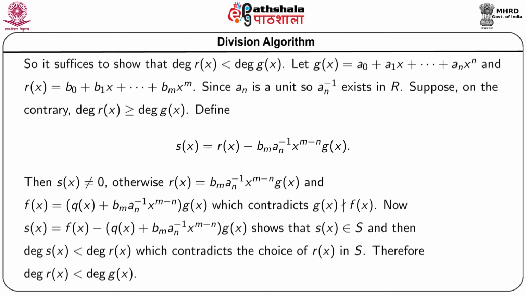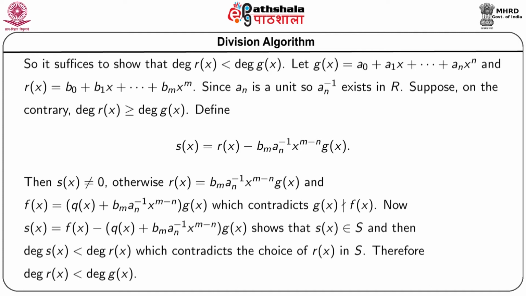Assume that g(x) is a polynomial of degree n having coefficients a_i, and R(x) is a polynomial of degree m having coefficients b_i. We have already assumed that g(x) is a polynomial having leading coefficient a unit. So, a_n is a unit and an inverse exists in R. Suppose on the contrary, let us assume that the degree of R(x) is not less than the degree of g(x). Then the degree of R(x) is greater than or equal to the degree of g(x), and in this situation we construct a new